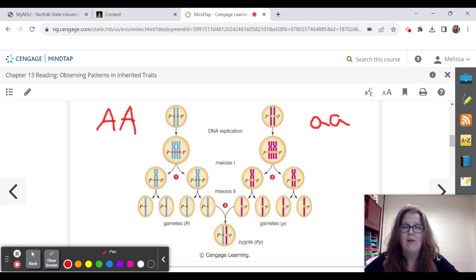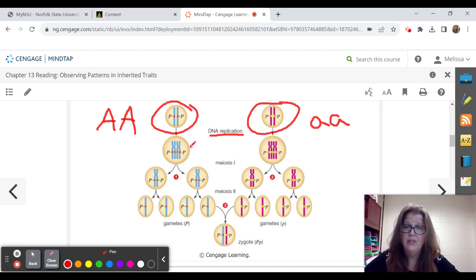So this walks you through the DNA replication. This is our starting cell, our germ cell for both of these. And there's DNA replication, so now we double the number. So now instead of having 2 chromatids, we have 4 chromatids in each cell. Then through one division, half go into this cell, half go into this cell. Same thing over here with our homozygous recessive. It's the same thing happening on both sides, it's just we have 2 different alleles. And then at the end of our second division, remember meiosis divides twice, we have a single chromatid that carries,